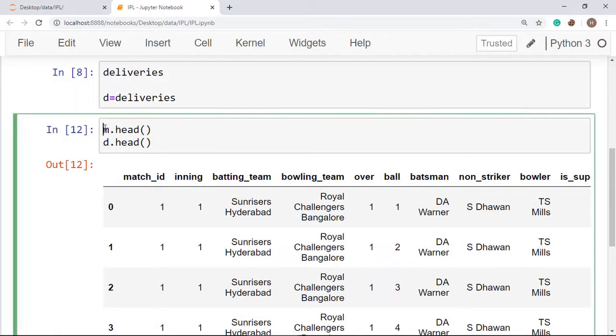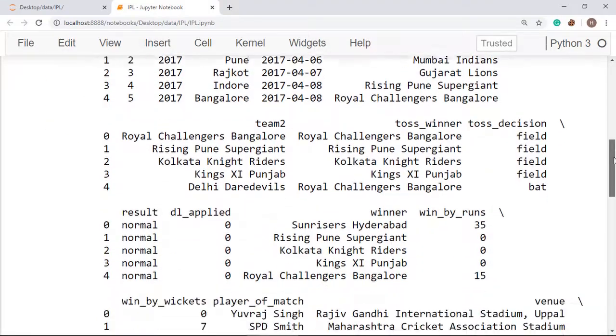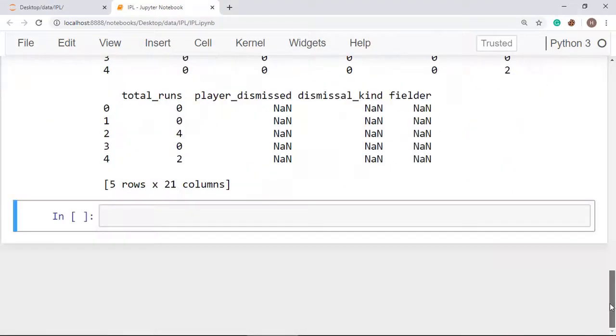When you put it in the print function, you will get both these files at a time. Otherwise only the last one will be displayed, and the one mentioned previously will not be shown. So see here, we have got all these files here.